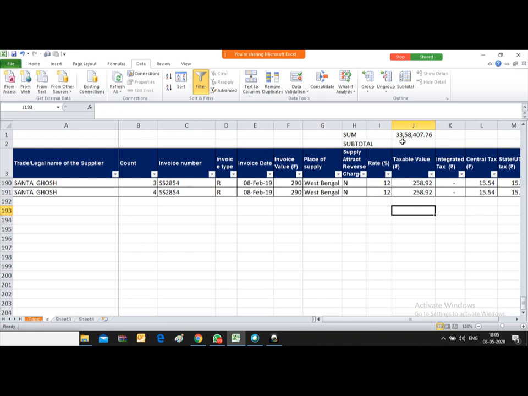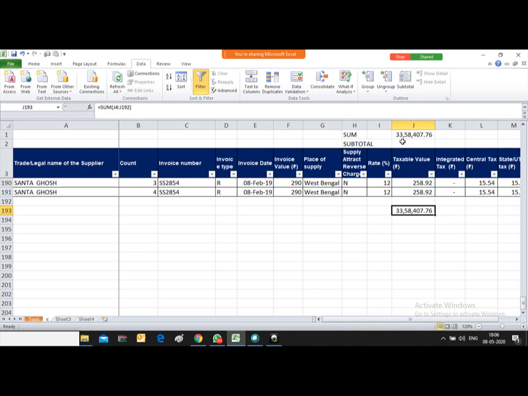So friends, if you press alt equal to, this formula will automatically come over here, and press enter. You don't have to type equal to sum and then select the range, or click on the summation function appearing in the home tab. You just press alt equal to, and the entire column gets selected.